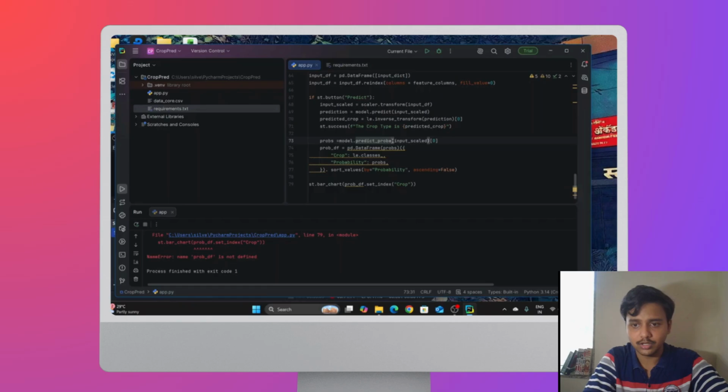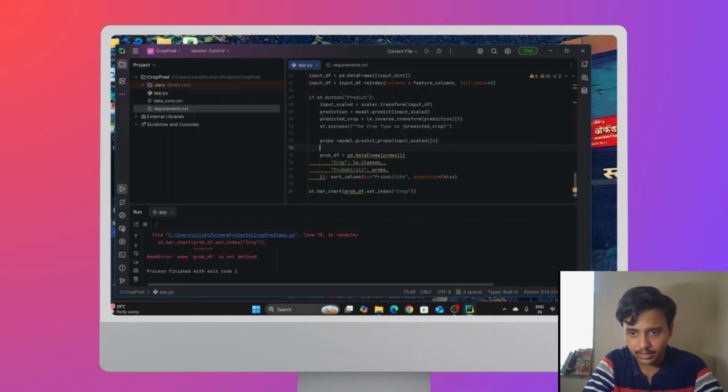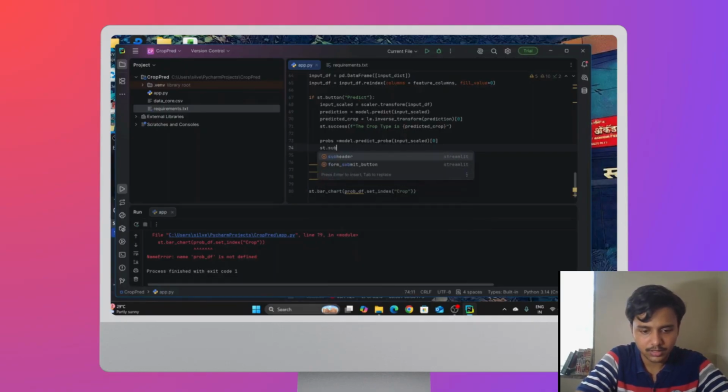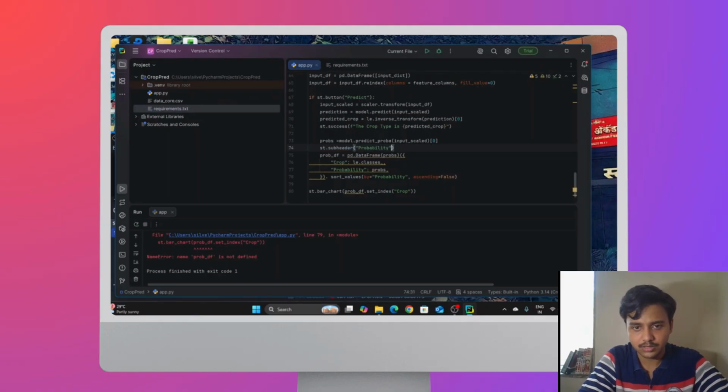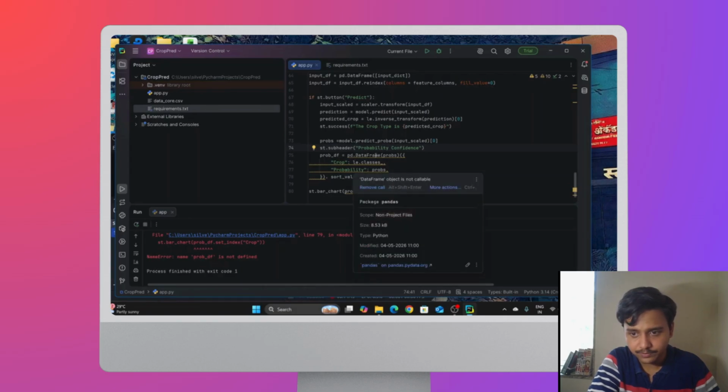So props was model.predict_proba of input scaled 0, and there should be st.subheader as well, subheader known as probability confidence. Okay, probability confidence, where probability_df equals pd.DataFrame.